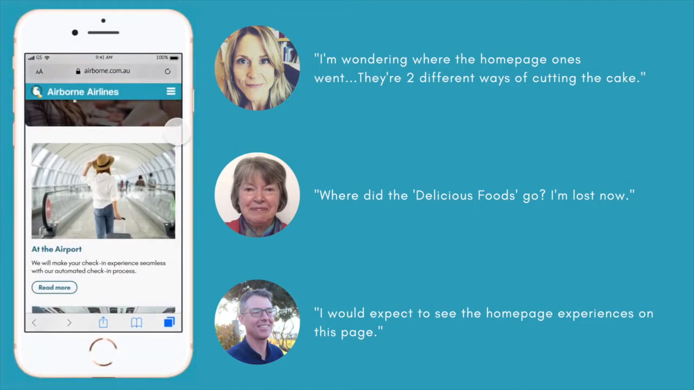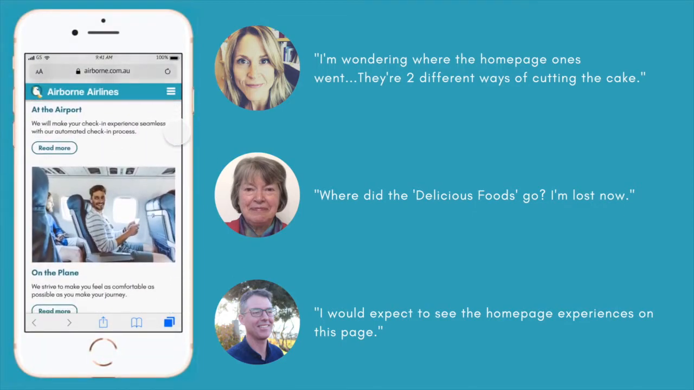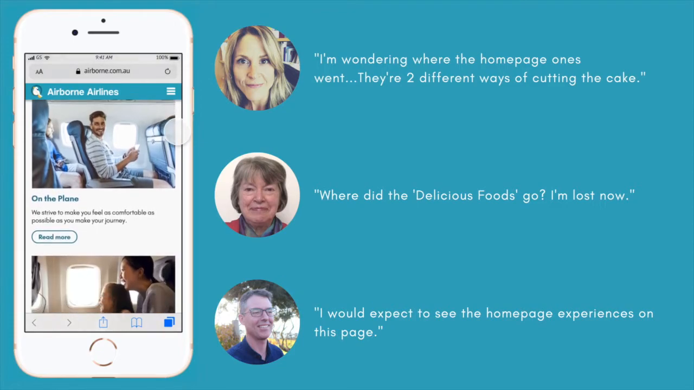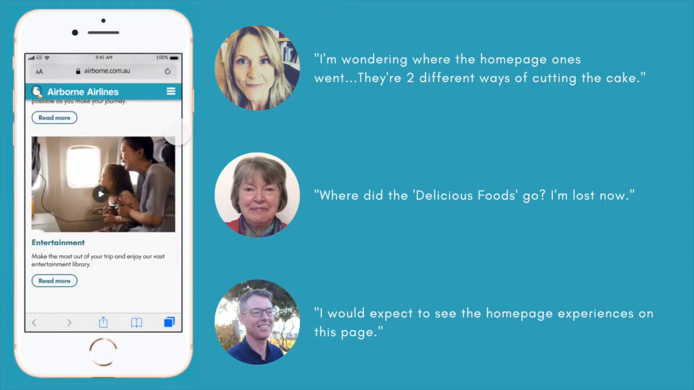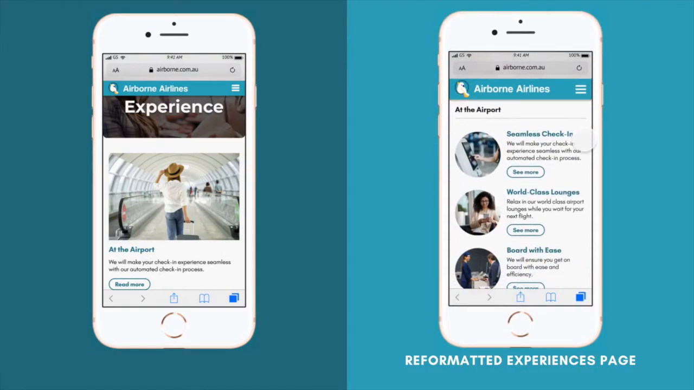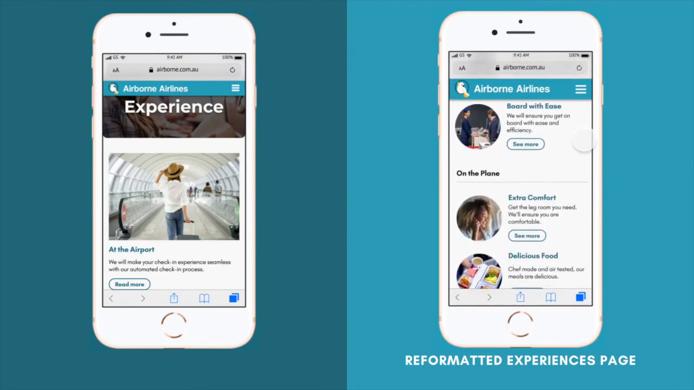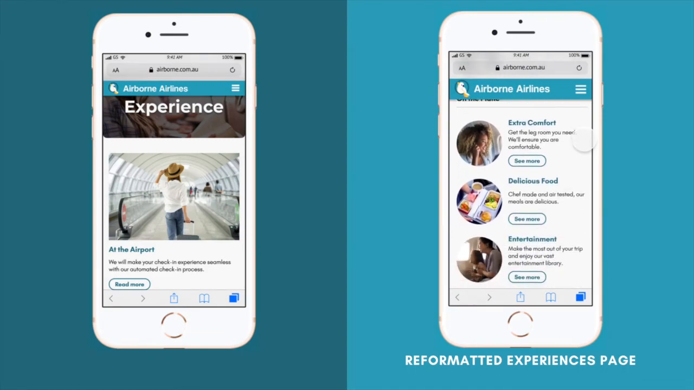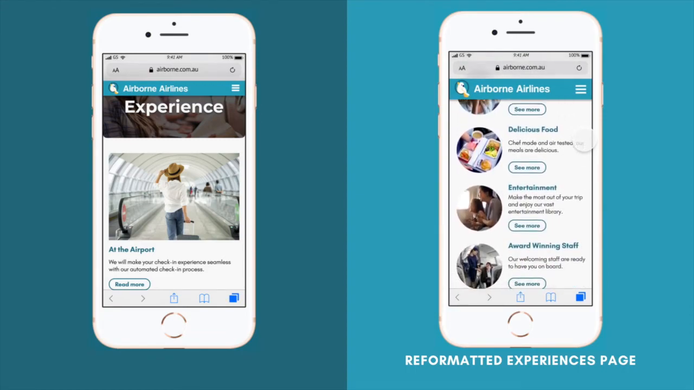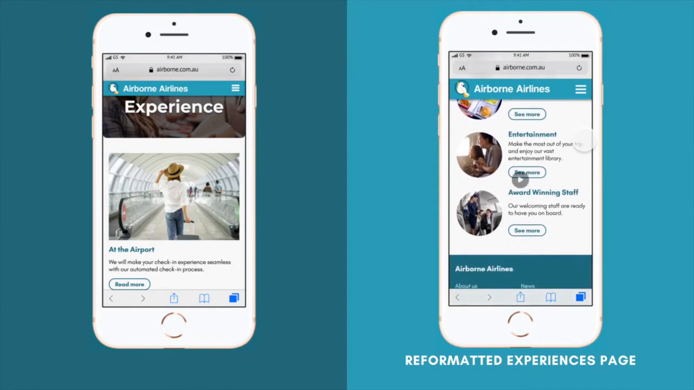An even bigger issue raised about this section was how the homepage subtopics of delicious foods, extra comfort, and award-winning staff weren't listed on the actual experiences page. This wasn't a simple solution of just adding them, as this would have clashed with the broader at the airport and on the plane categories. So my decision was to restructure the page by dividing it into these two broader categories, with their respective subtopics listed under them. And I did this using the same list component as the homepage to create consistency and to